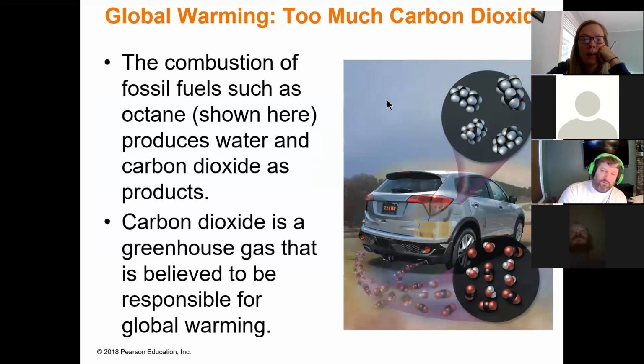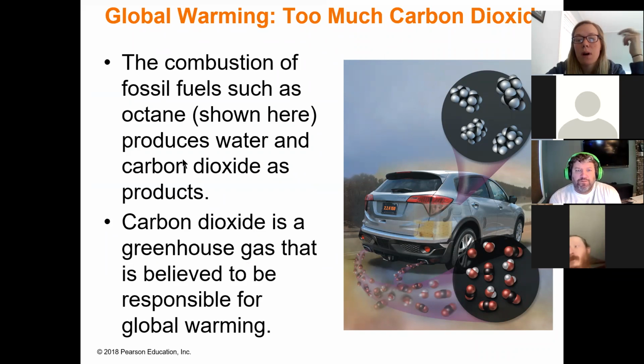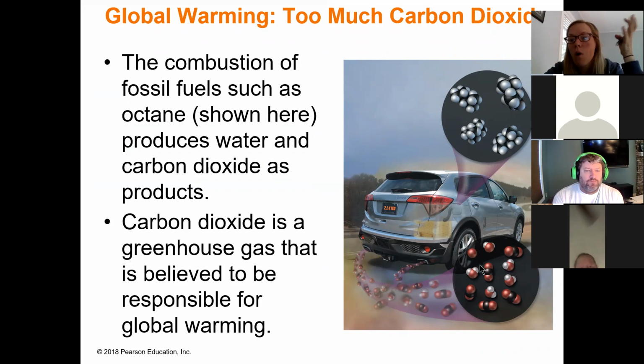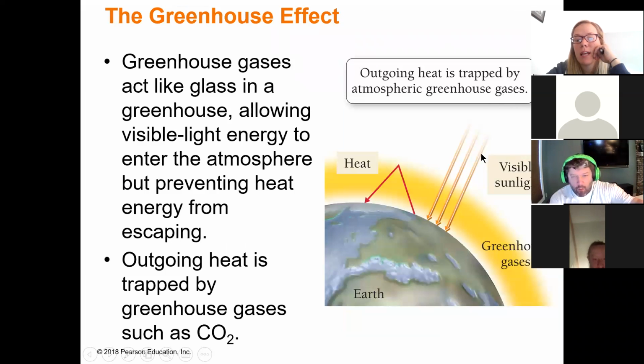All right. Global warming, too much carbon dioxide. When we combust fossil fuels, which you should know now because of your understanding of a combustion reaction, what is produced is water and carbon dioxide. Now, carbon dioxide is a greenhouse gas, which means that it helps to hold in or absorb the sun's radiation. So it looks something like this. We get visible light coming in,